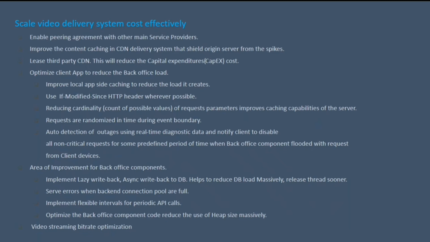As you know, there is no point in sending Full HD or 4K content to mobile, though the screen size is less than or equal to 5 inch. In such cases, if we can optimize the video streaming bitrate based on the screen size and the network type, then it will help to reduce the network congestion to a certain extent.